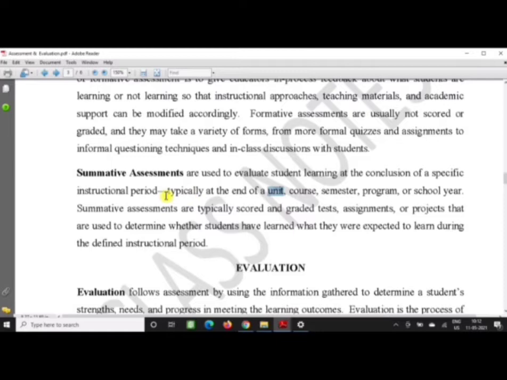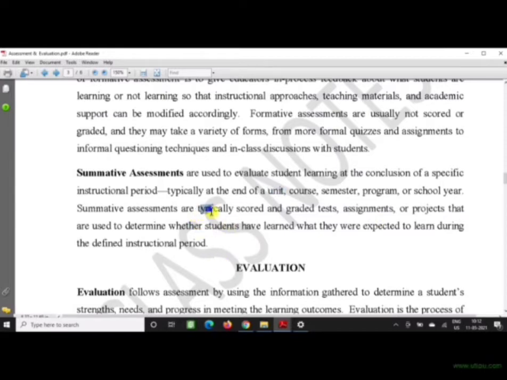This may happen after the end of units, courses or a semester program. Whatever happens at the end of the course is summative assessment, where the teacher will sum up all the taught material together and make a test paper.